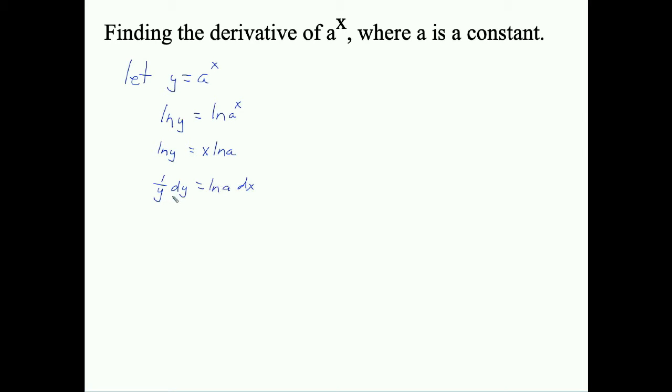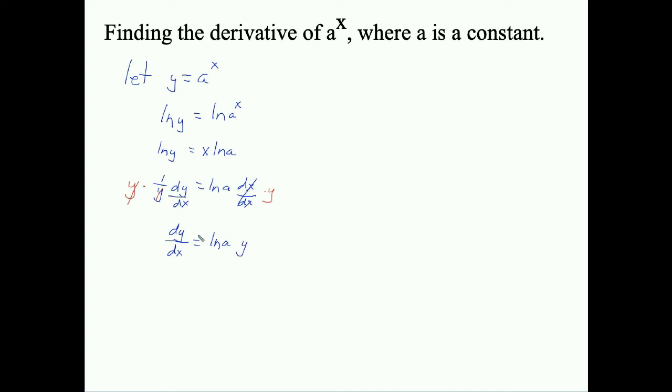And we want to find the derivative, which will be dy dx. So we'll divide both sides by dx. And on the right side, that cancels. So we have 1 over y dy dx equals the natural log of a. We want to solve for this. So let's go ahead and multiply both sides by y to get rid of this y here. And we see that we're left with dy dx on the left side, equal to natural log of a